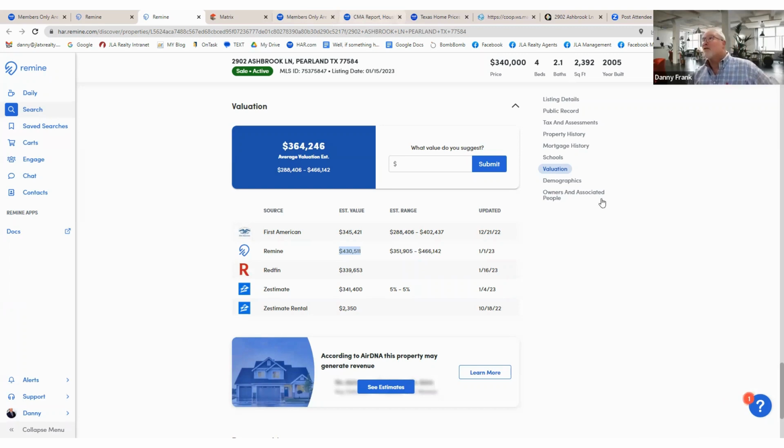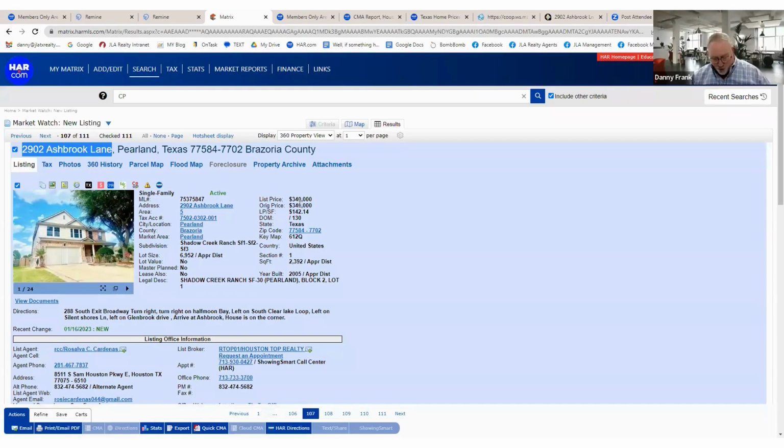So I'm going to stop sharing this again and come back here. If I'm looking at that house and I want to really represent my best clients, I'm going to say that house should be at 342,228. That is the highest price that I think that house would appraise for. So let's go back again and look at the MLS sheet. Go back there, 340. So this agent has priced this house absolutely correct.